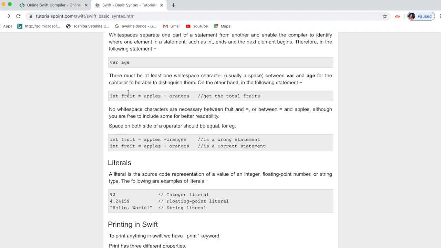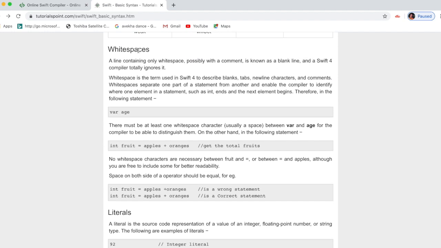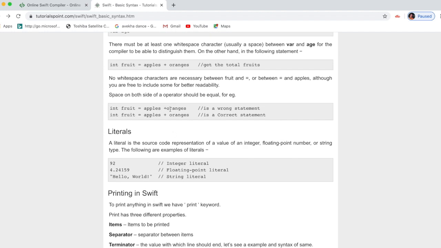This is the example. For var, the name is called white space: var space age. Another one is int, which represents integer values: int space fruit equal to apple space plus space orange. But if we write without spacing like here, this is a wrong statement.